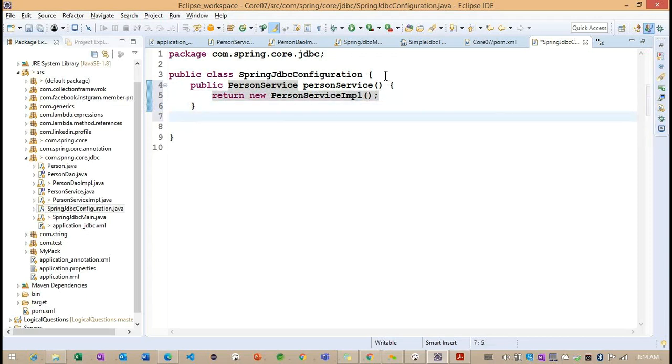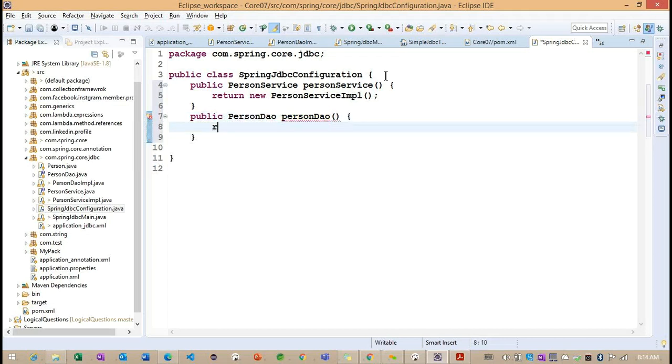Okay, so this object we need to create, and one more object: here we work on personDAO and internally return new PersonDAOImpl. Right, PersonDAOImpl. So these two common objects we identified here.